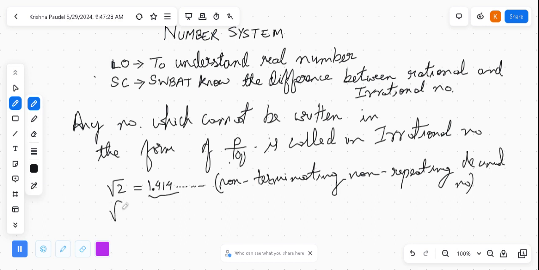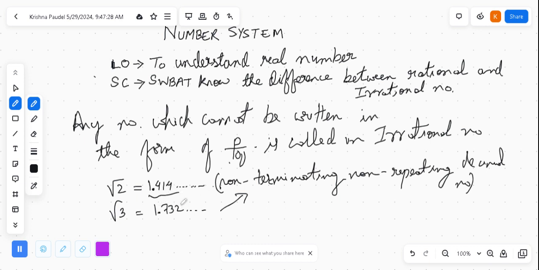You can take again the example of root 3, 1.732, again dot dot dot. Same reasoning: a non-terminating, non-repeating decimal number cannot be written as p by q, because we don't know after the decimal how many numbers there are, first thing, and they are not repeating. If they were repeating, we could have used the earlier method. But since we don't know after the decimal how many numbers there are, and we don't know when they will repeat, we will not be able to write this number